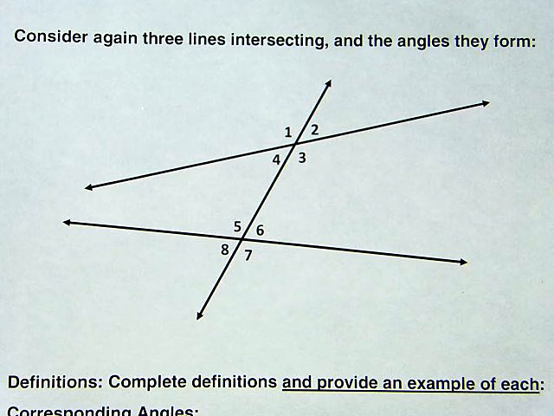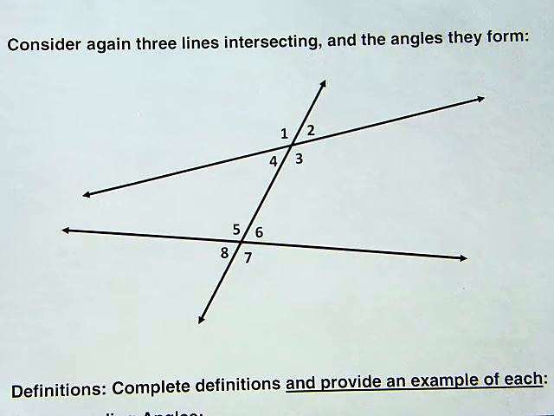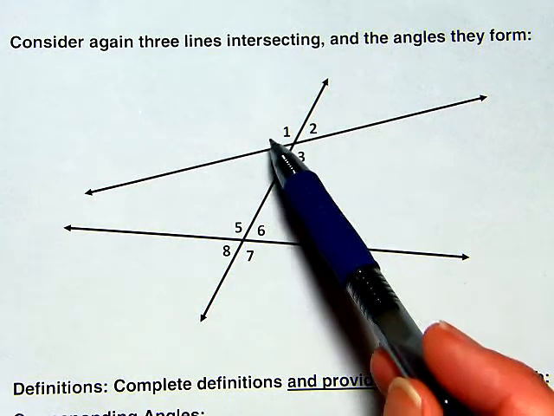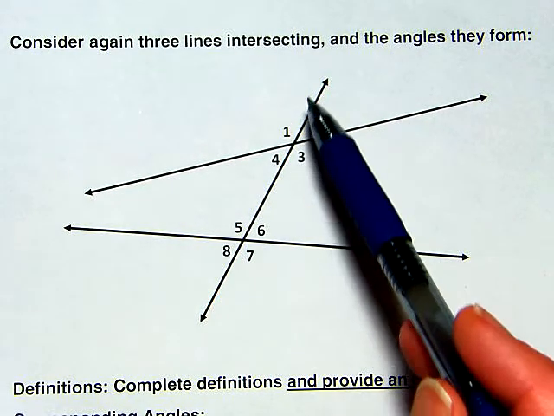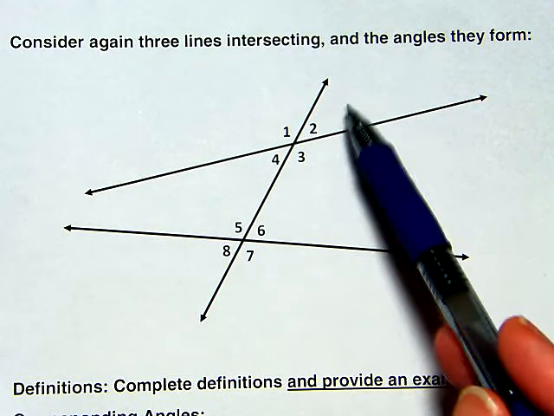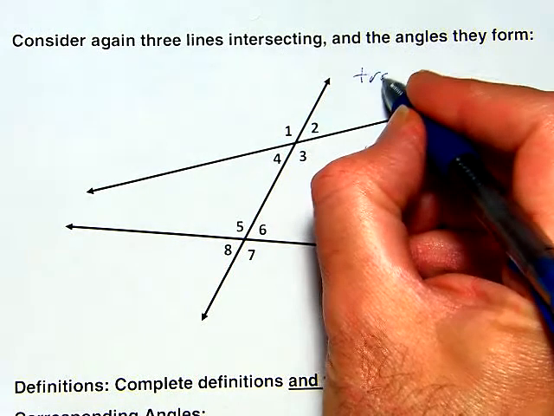So now we're going to be starting Unit 4, which is a unit on parallel and perpendicular lines. And we're going to need to learn some terminology before we can even start talking about some of the things that we need to learn. So take a look at these three lines here on this diagram, and notice that the way these angles have been labeled, we are paying special attention to how this line, which we call the transversal, so this is called the transversal,